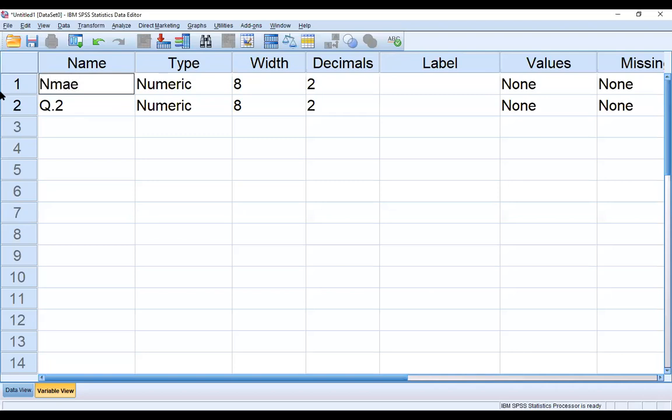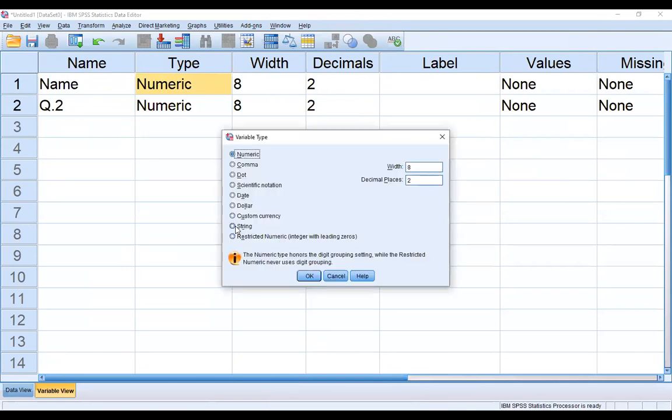Now in the second column, we can see numeric. By default, all the entries in SPSS take numeric values. Very rarely we use alphabetic, when my question is related to alphabetic.